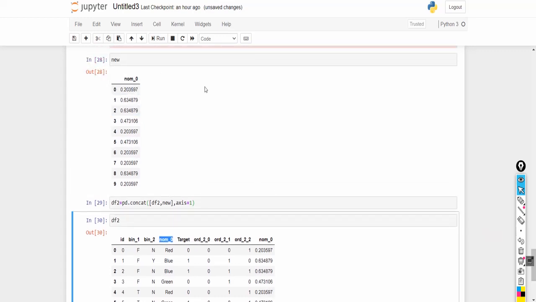Otherwise you will find two columns with the same name, which will be confusing. So whenever you perform any kind of encoding technique, once you find the numerical values for a particular categorical column, you can directly drop that categorical column, as it is not required anymore.